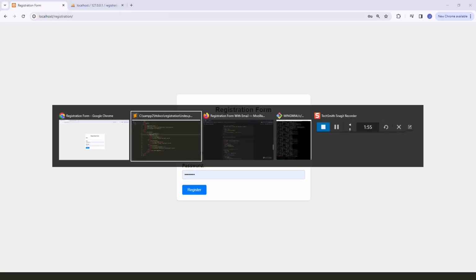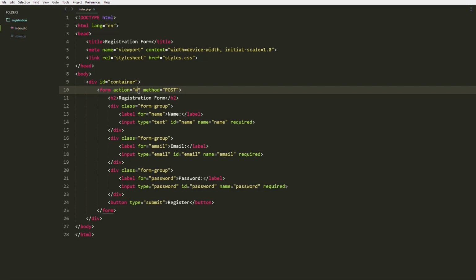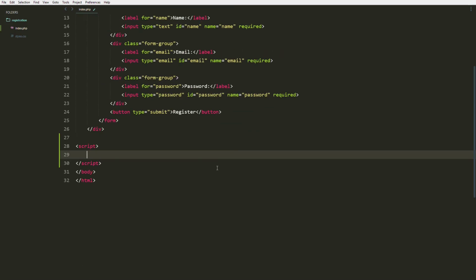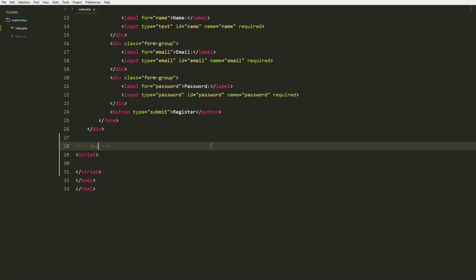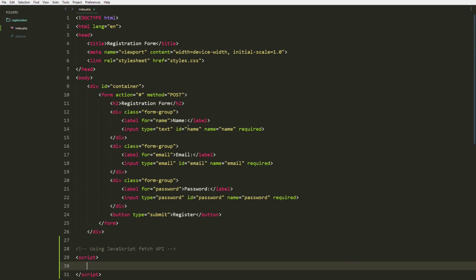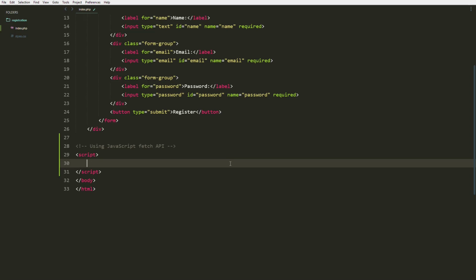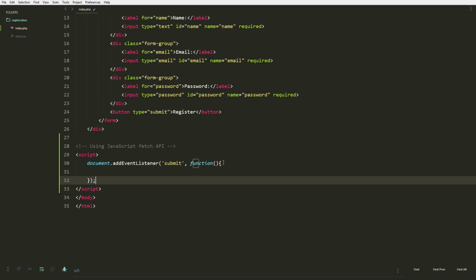So here, what I'm going to do now is create a script. We are going to use Ajax for this, so we don't need to reload the page. And we are going to use the JavaScript fetch API. And then let's just add an ID of form. Now here let's add an event listener. So once there's a submit on the document, we're going to,